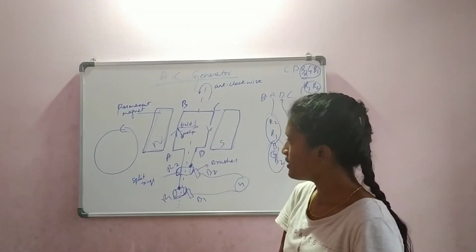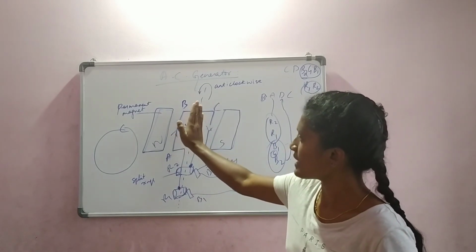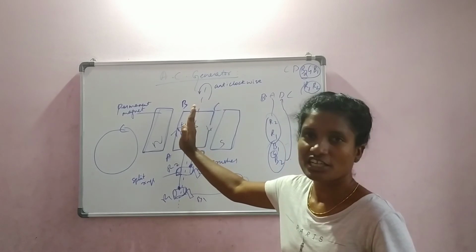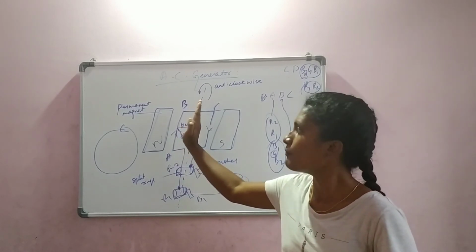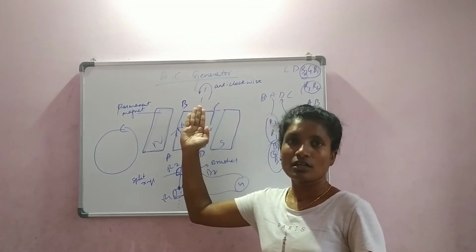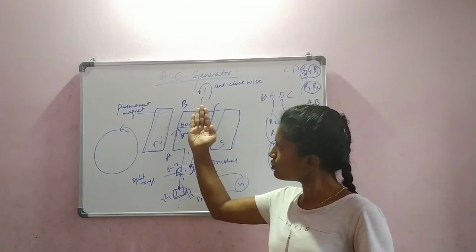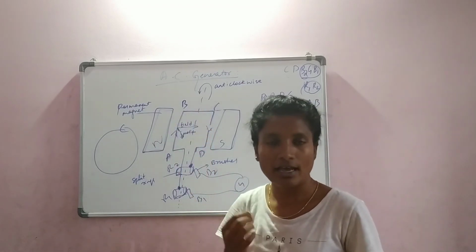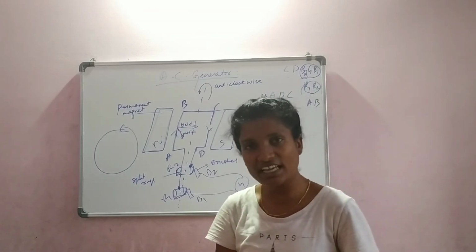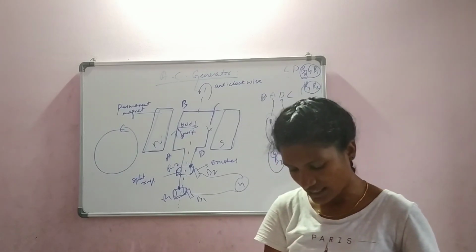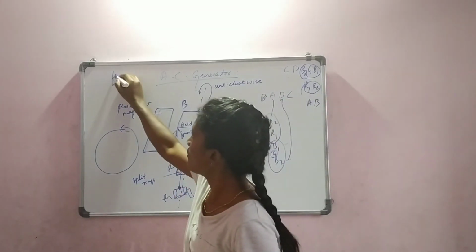I told you in the beginning, this ABCD coil was like this. It started moving. So in this position, already the current has moved. Clockwise is over, anti-clockwise is over. Before it comes to this position, it will go clockwise. So did you observe? For only one revolution of the coil, the current reversed twice. So in India, the AC current that is being produced has a frequency of 50 Hertz.